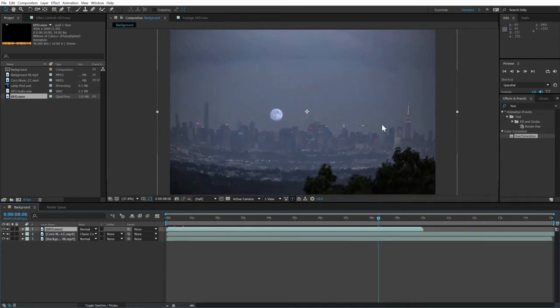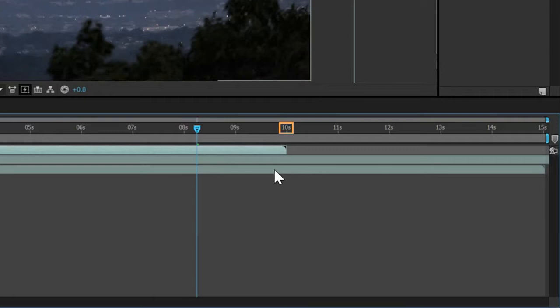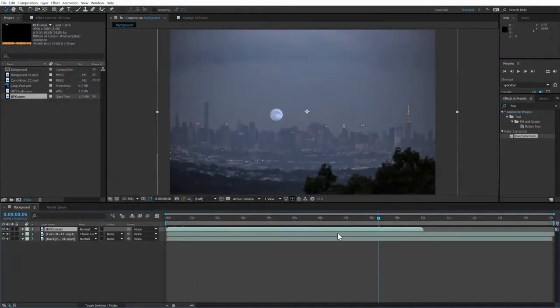But even as I animated it in Cinema 4D, I knew I would be tweaking the results by further animating the layer within After Effects. You'll notice, if you look in the timeline, that the UFO clip is shorter, at 10 seconds, than the background clip, which is 15 seconds long. This is fine, since I don't want the UFO to appear until the 5-second mark anyway, and then play out